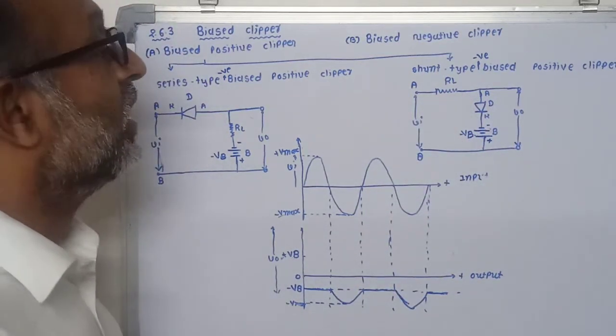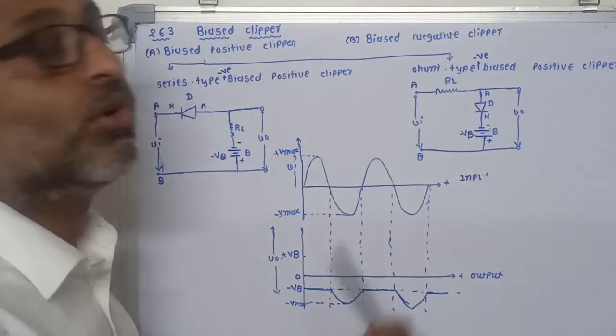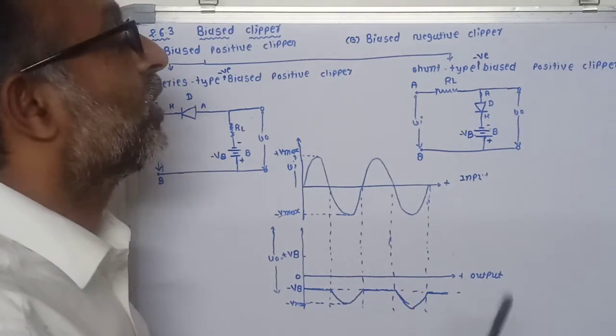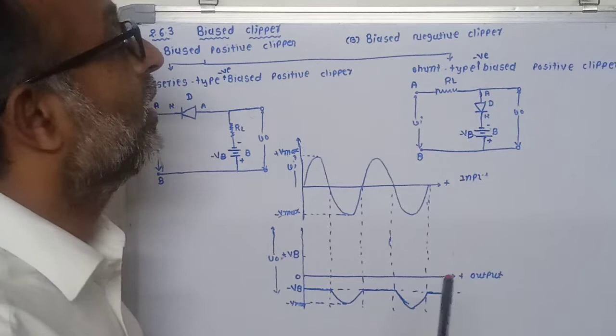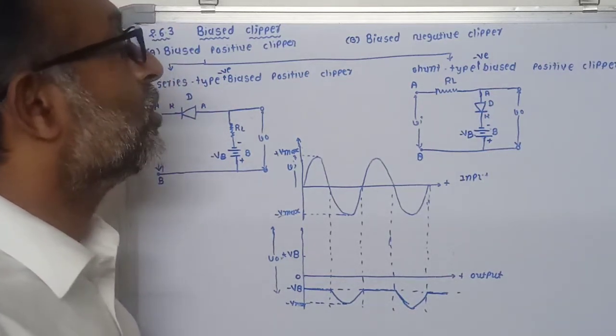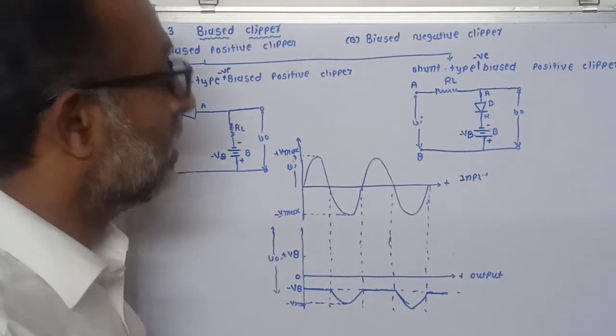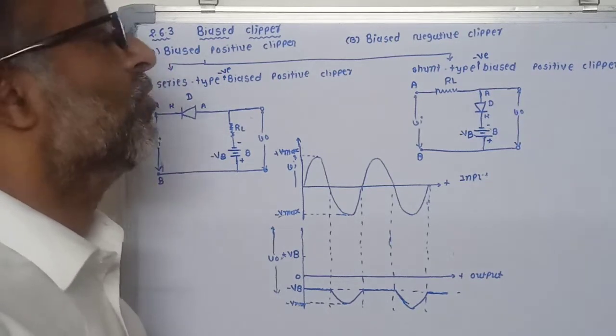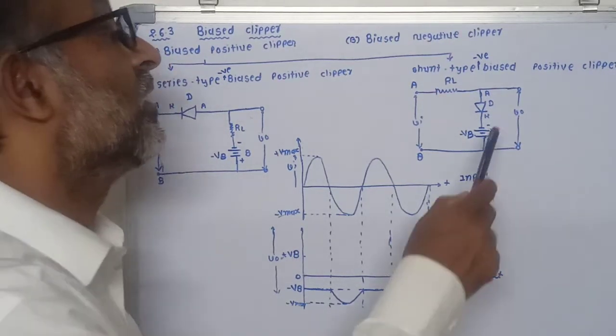Your input voltage is not reflected or does not appear at the output. That means your output voltage is minus VB. But when the value of input voltage is greater than this VB,